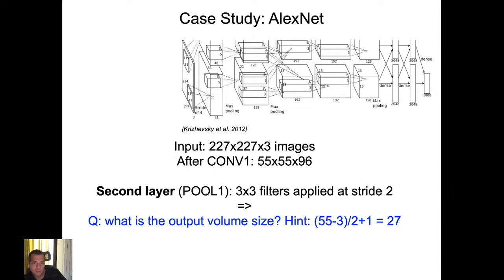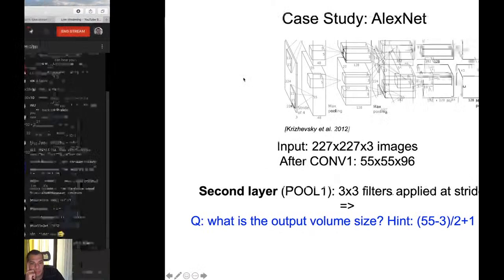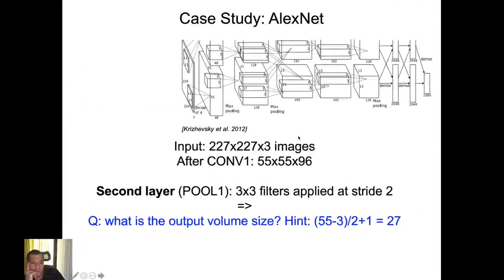It's a bit unusual, but what it means is that it reduces the volume. So you have a hint here for the spatial dimension, and of course you can also see the components here. So it's 27 by 27 by